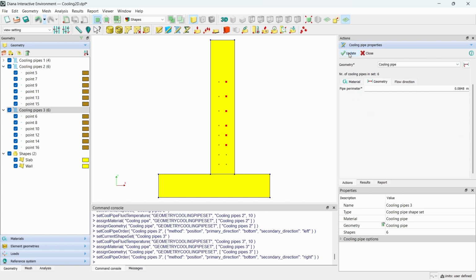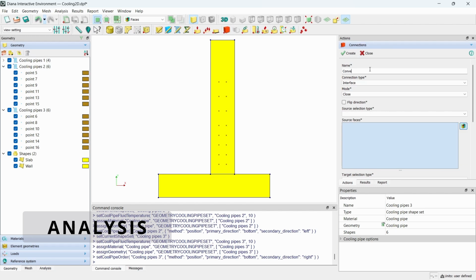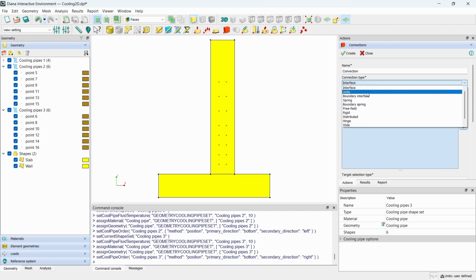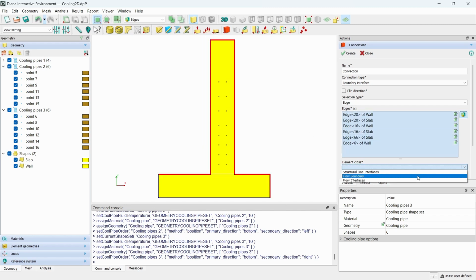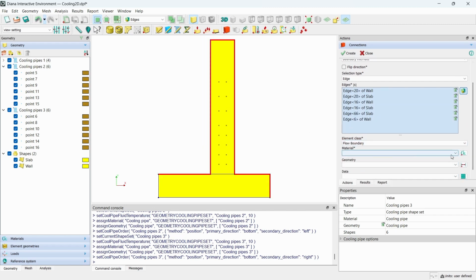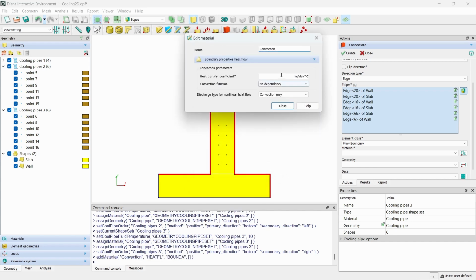After the material property is done, the next thing is to set up the boundary condition. So first we will set up a convection boundary condition to account for the convection between the concrete structure and the surrounding environment. So we need to select all the edges that are exposed to the air, and then we will make the element class flow boundary, and we need to make a new material, and we call it the convection, and it will be a heat flow boundary. And we need to enter the heat flow transfer coefficient,